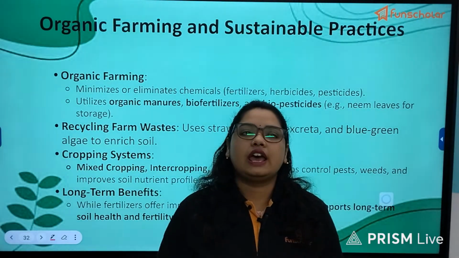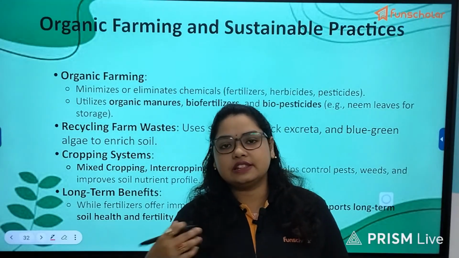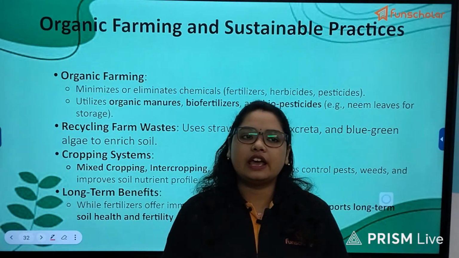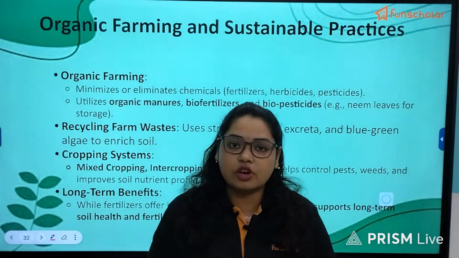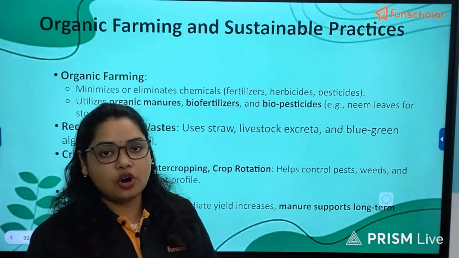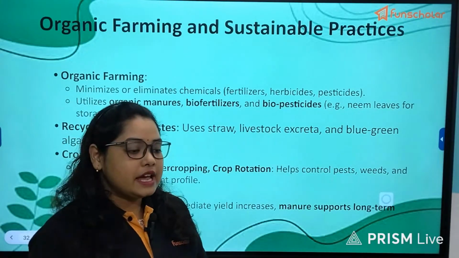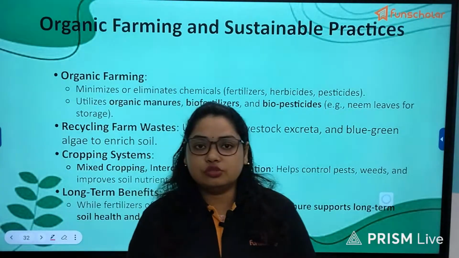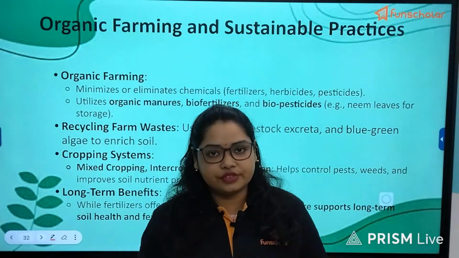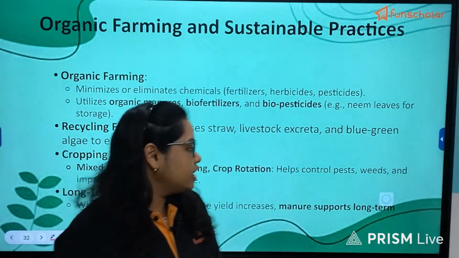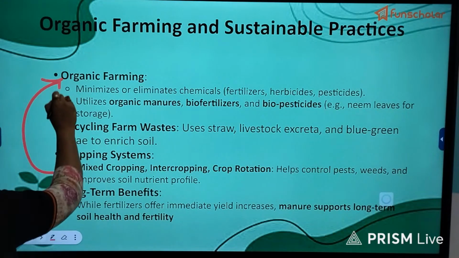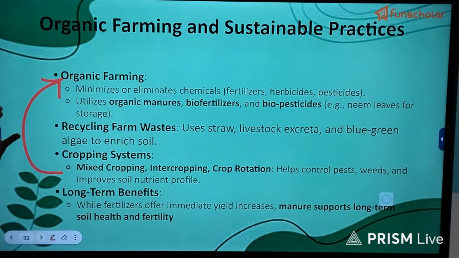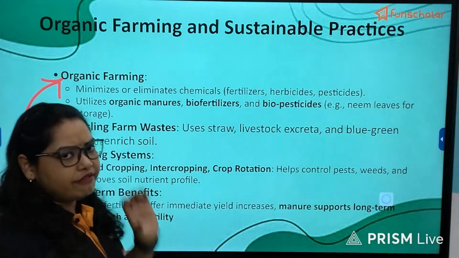Some crops, like the leguminous ones, are helpful in enriching the nitrogen content of the soil, because they have rhizobium in their root nodules which helps in fixing atmospheric nitrogen. So we can take help of these procedures, which ultimately will help us to establish organic farming